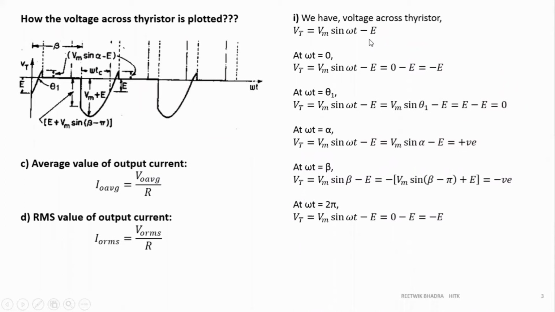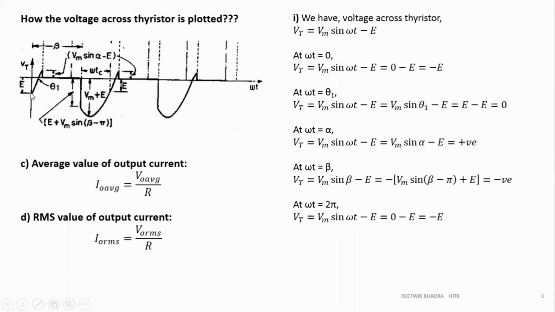Now at omega t equal to 0, at the starting point. Okay, you are understanding it at omega t equal to 0. That means this point. So if you substitute sine omega t, sine 0 is equal to 0. So 0 minus e is equal to minus e. So we have made the term minus e over here, e shown in the negative direction. So we have got a point at omega t equal to 0 whose magnitude is e over here.